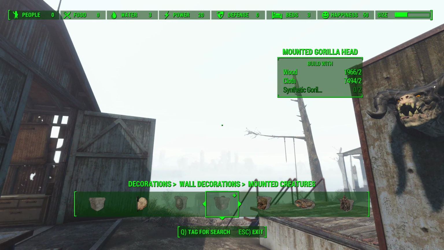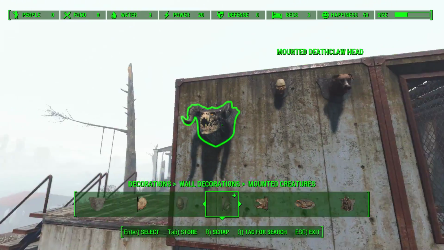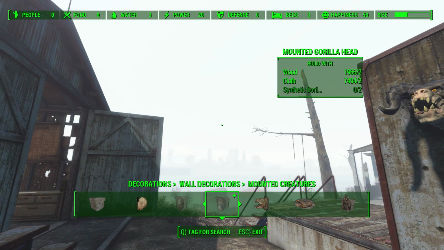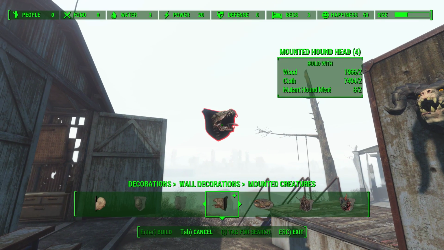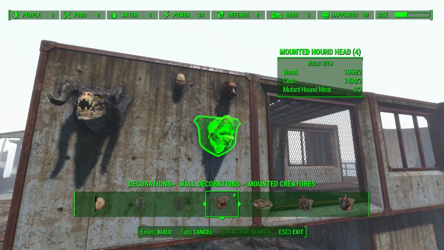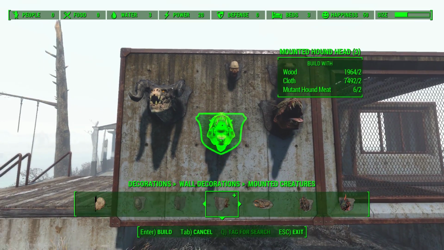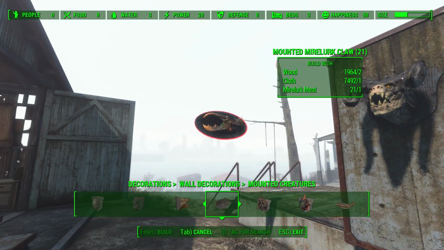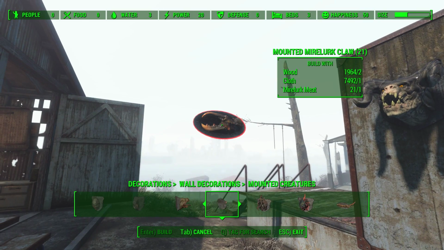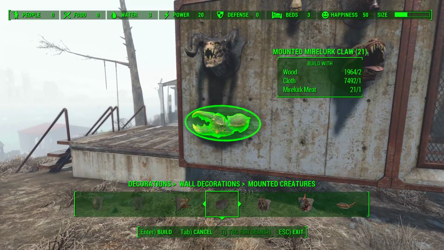Here we have a mounted gorilla head requiring 2 wood, 2 cloth, and 2 synthetic gorilla somethings. Not sure what, but I'm sure you'll know it when you find it. Next we have a mounted hound head, and it requires 2 wood, 2 cloth, and 2 mutant hound meats, and looks like that. Next we have a mounted mirelurk claw requiring 2 wood, 1 cloth, and 1 mirelurk meat, and